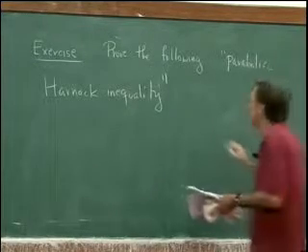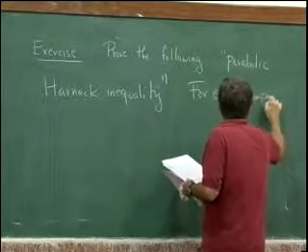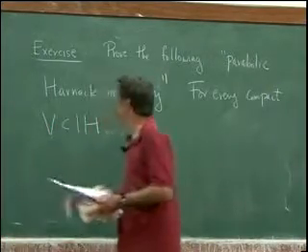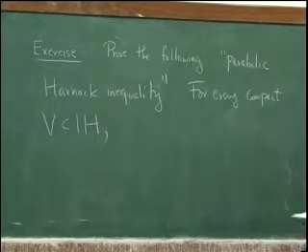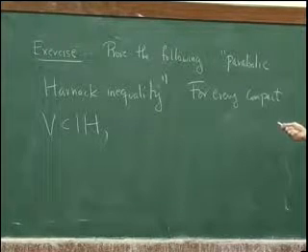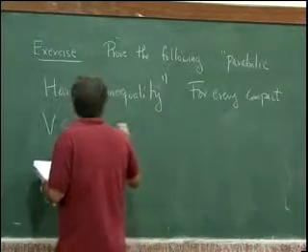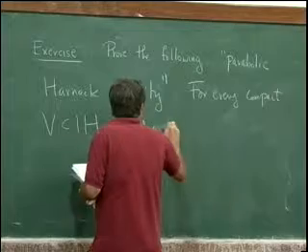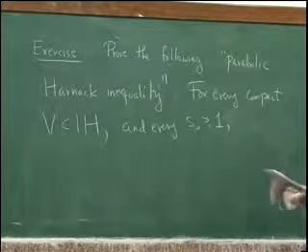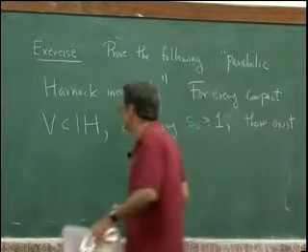So for every compact V, which is probably a bad letter because I'm using V_t, but I'll keep it there, okay. So this is a compact subset of the upper half plane, which means it stays away from the real line. And for every s naught bigger than or equal to 1, there exists a C